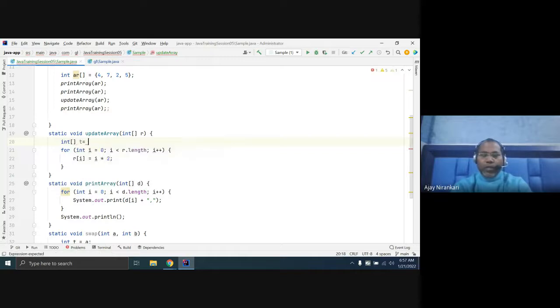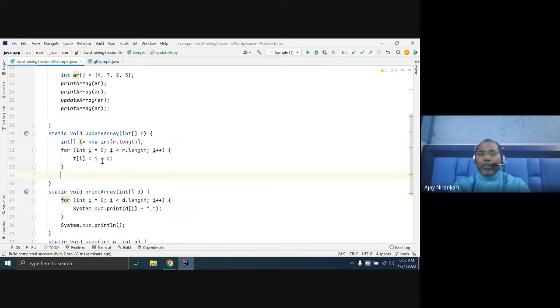I just create a new int array with r dot length, and I am modifying everything in the temp array. So in this case, your update method will not change anything inside r, right?